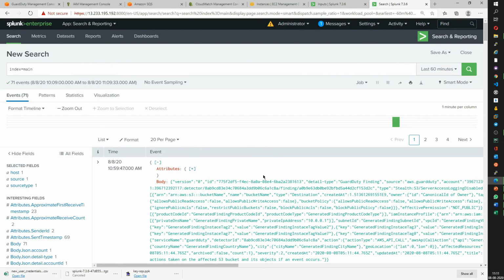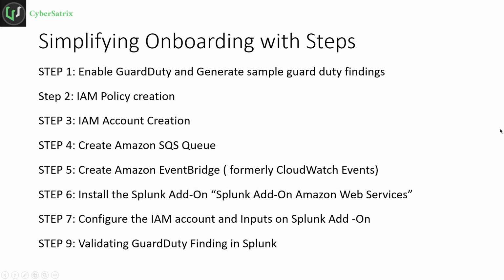Okay, let me rewind all the steps that I performed last time so that we have an understanding of what actually has been done. As you see, initially we generated some sample GuardDuty findings. You can perform this step 1 after creating an Amazon SQS queue also. It is not necessary that you initially enable GuardDuty and generate sample findings.